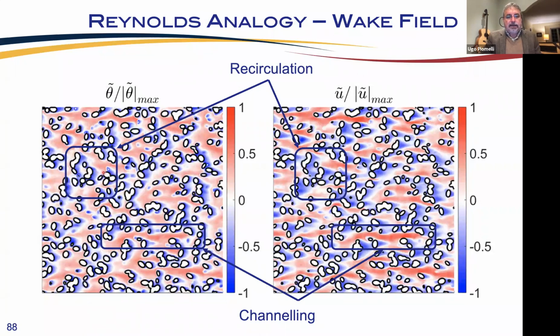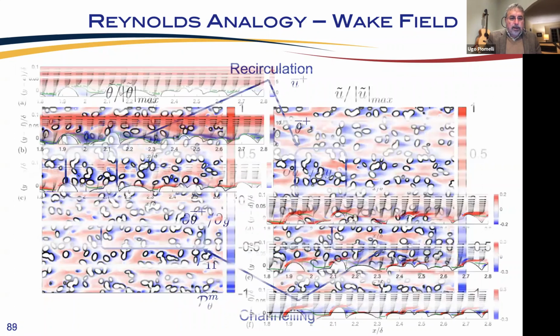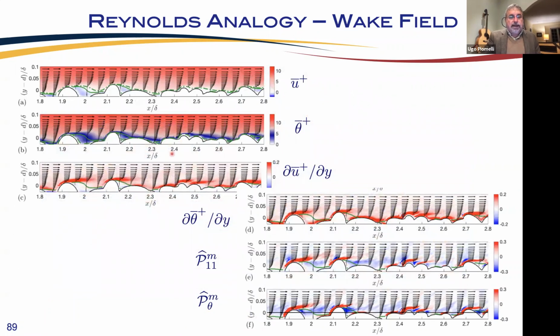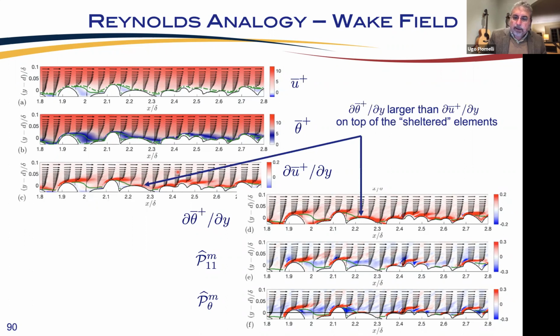And that's related to the flow field, to the wake field itself again. You see, this is the wake field, scalar field, and this is the wake velocity field. And you see regions where it looks the same, especially in the channeling regions between elements, and regions especially near the recirculation, in which it looks quite different. The recirculation regions here are quite extended, and here they're not. You can look at contours in the other plane, and you can get a lot of interesting things that I will not mention for time constraints.